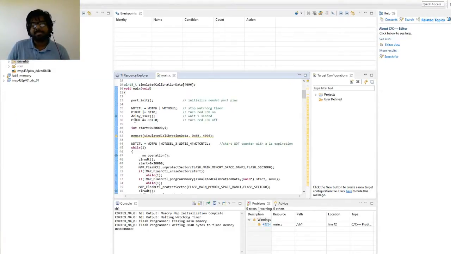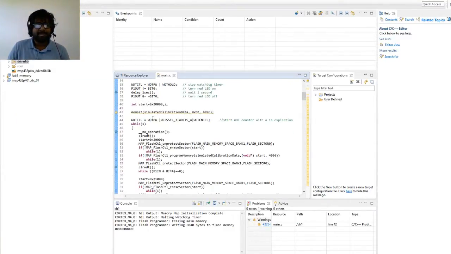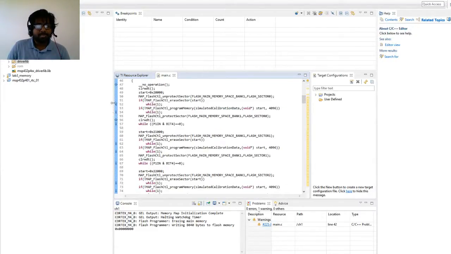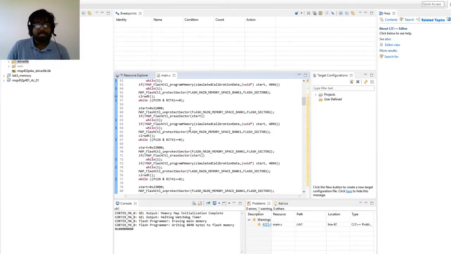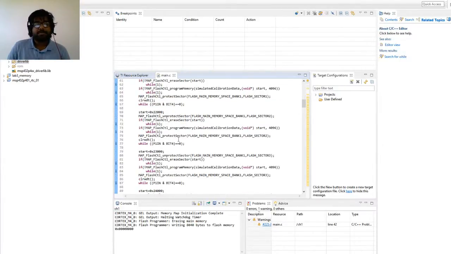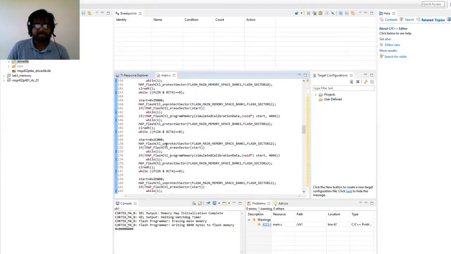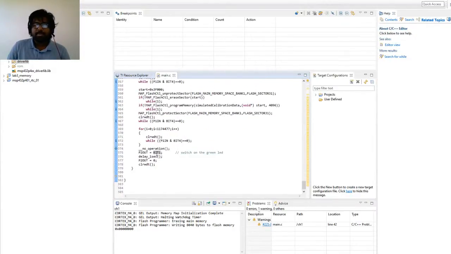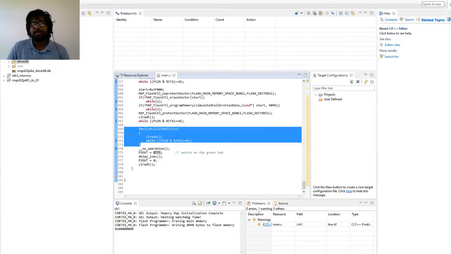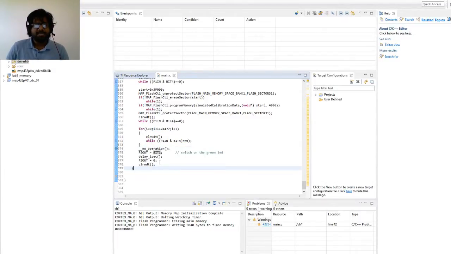CCS has suggested certain optimizations for my program, but almost all of them rely on me removing my loops here. But all these loops are necessary for the successful running of this program. These loops check for button presses and stuff like that. But for the final loop, it would be better if I had used the real-time clock system present in the MSP432, because generating a delay of 1 minute is not possible with the timers present. So we could have opted for the real-time clock and used that interrupt to set the green LED.